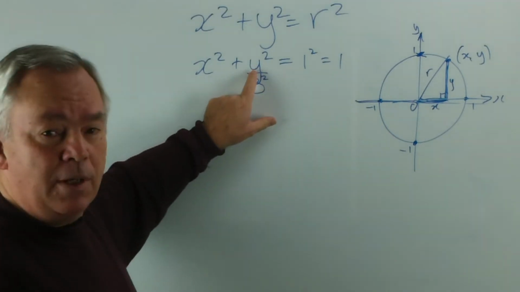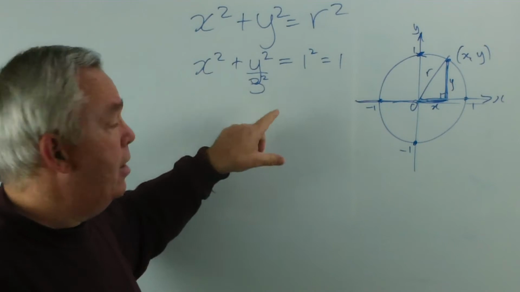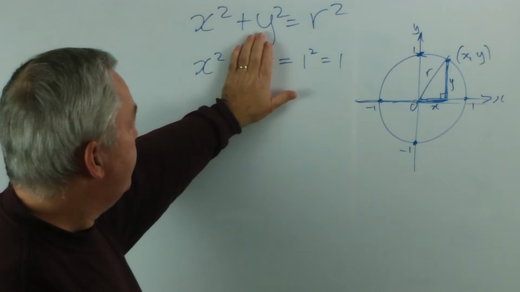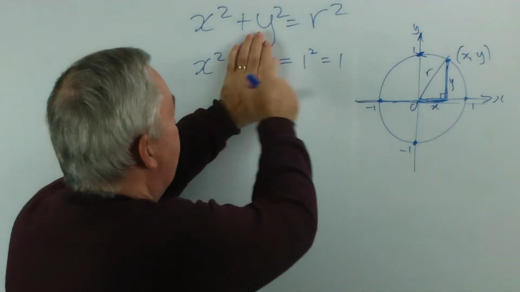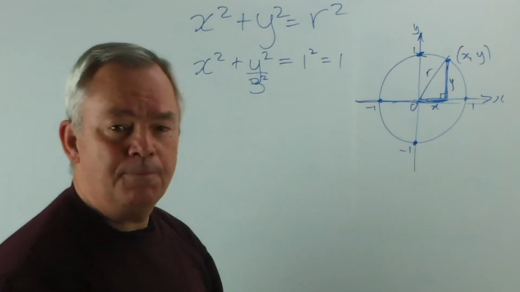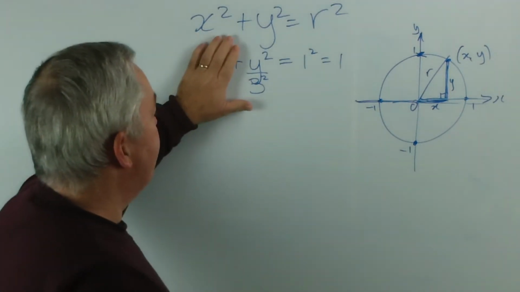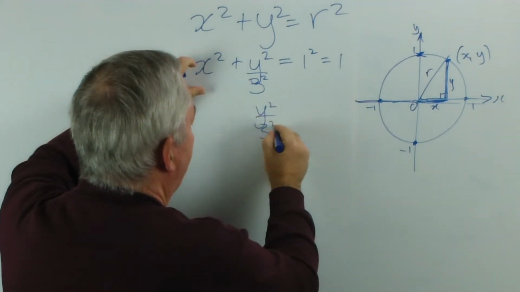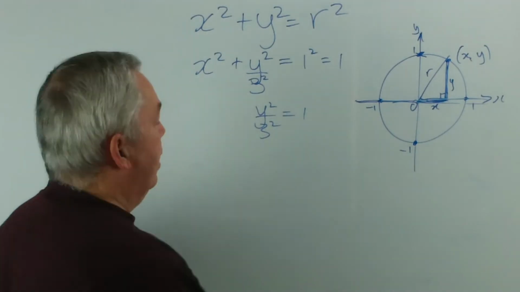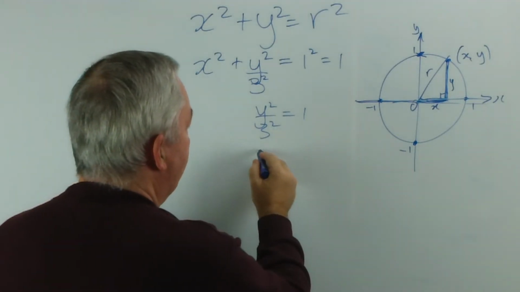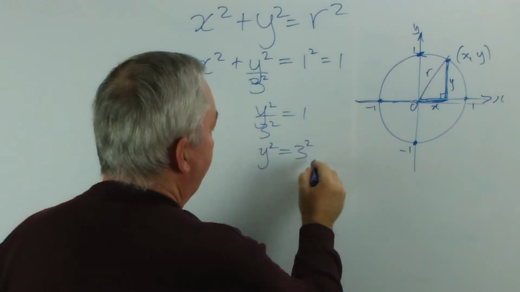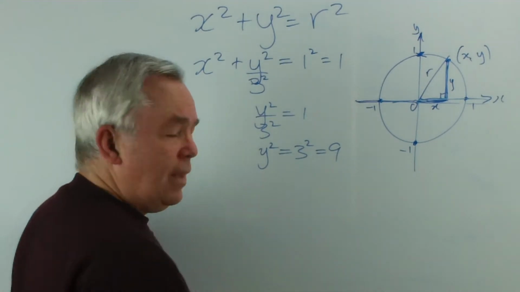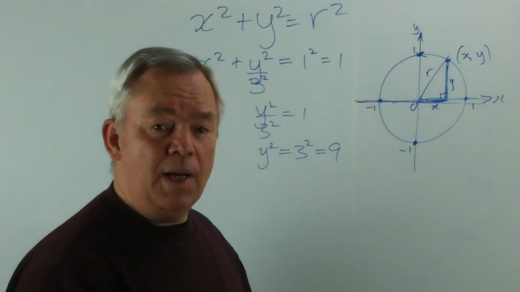If y is worth 0, then y squared is 0, and it doesn't matter what's on the bottom. 0 over any denominator is 0. So x squared is 1, and the solution is that x is plus or minus 1. However, if x is worth 0, we now have this equation. If we multiply both sides by 3 squared, which happens to be 9, and solve this equation, we find that y can be plus 3 or minus 3,